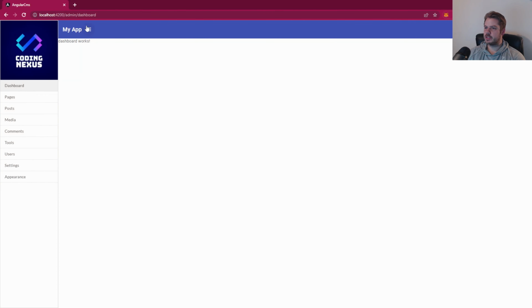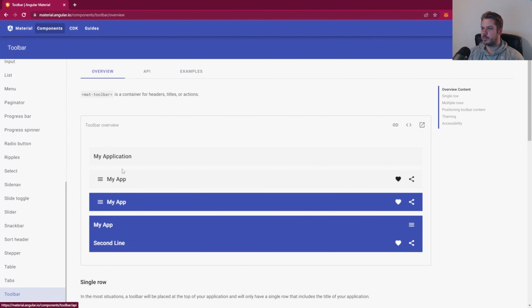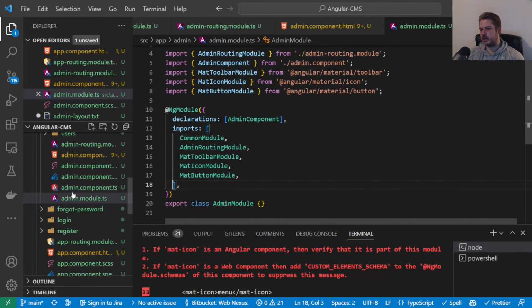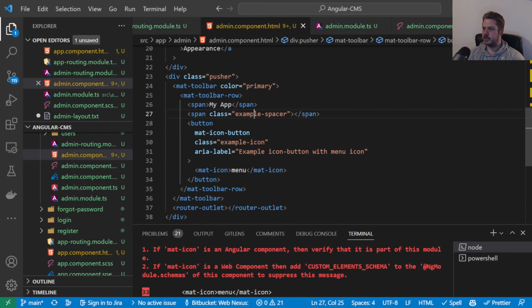So now we did notice on the Material website, this icon was over on the right hand side here. Now they have a spacer on theirs. So if we jump back into here and go into toolbars, under here we click this and we go to CSS. They've got this example spacer with a flex of 1 and auto. What we'll do is we'll copy that into our code. We won't call that example spacer, we'll get rid of the example and just call that spacer. Click save, go to the HTML file, get rid of the example here, click save, back onto the front end,